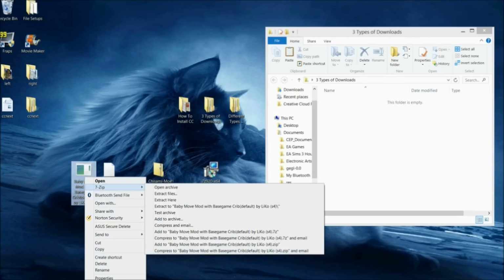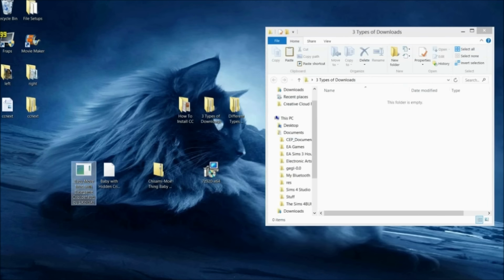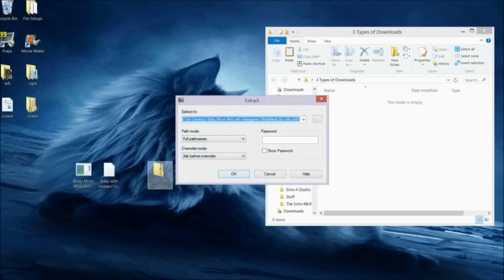So if you have 7-Zip like myself, you can go ahead and hover over 7-Zip, move on over here. Now you can go ahead and open the archive, which will look a little bit something like that. When you open the archive, you can see all of the contents within the Aurora file. So if you're looking to do something a little different, you can also click on extract files, which will bring